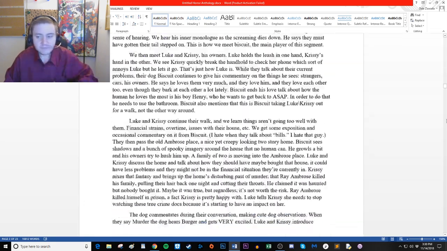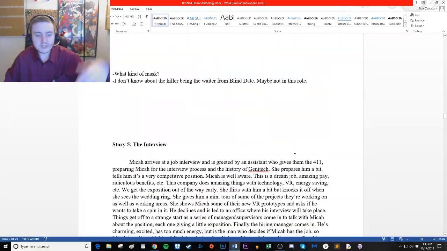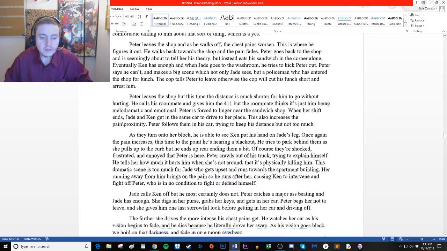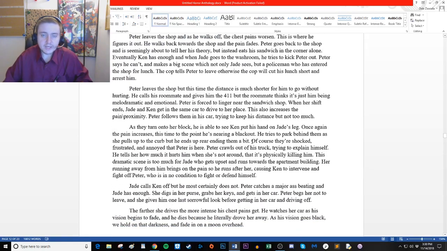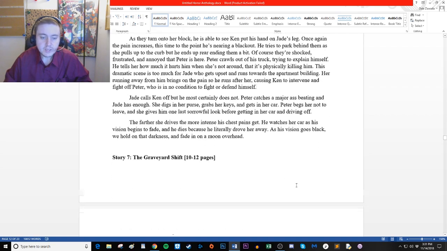We can put it together. So let's look at the graveyard shift that ends Act 2. Now we're going to see how it leads into it, because all of these are sort of transitioning into the next one. So I think it's Heartache, which as we know, at the end, she drives away and he dies right there. His vision goes black. We hold on to that darkness and fade in on the moon overhead. Now, we won't use that specific language in the screenplay, and we'll get into why, because you're not supposed to put editing transitions in your script, which is fine. It's a decent rule. But for my notes, I can definitely put that there. So we transition to night here.